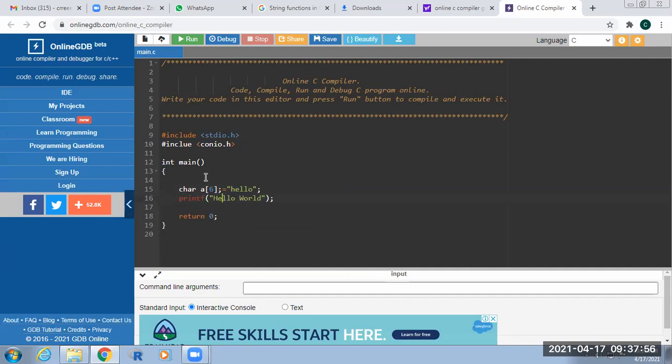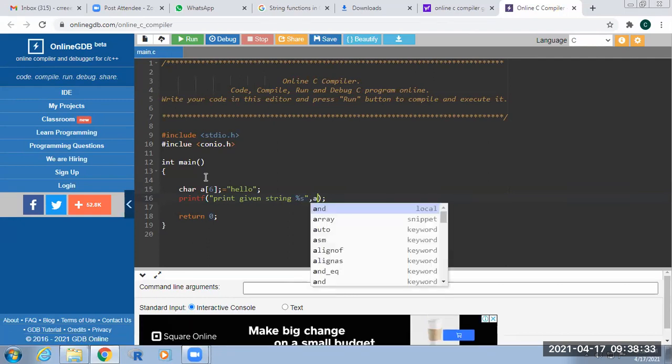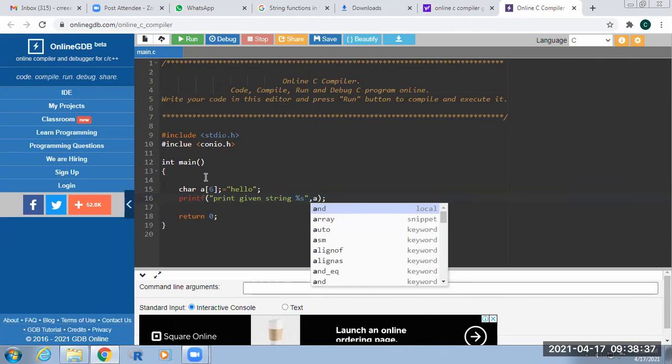Then print the given string, percentage s. So what is the output for this program?